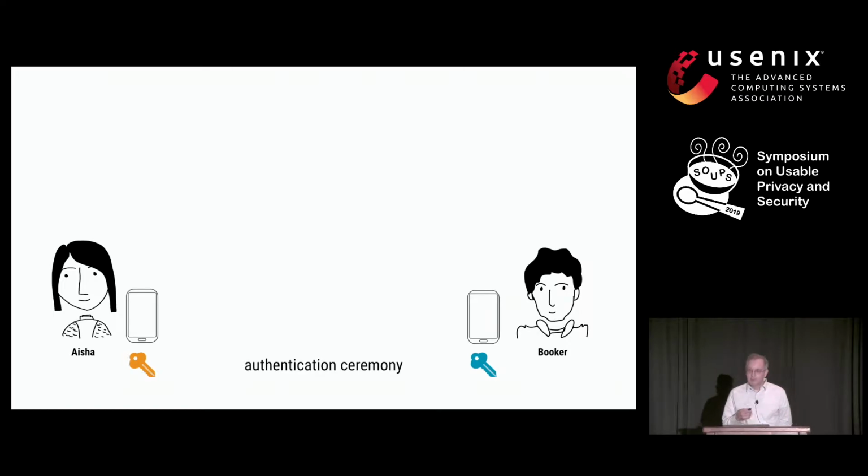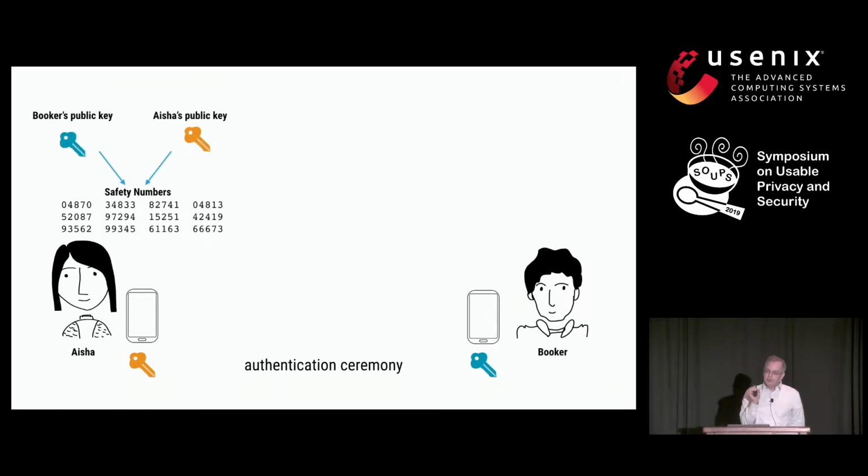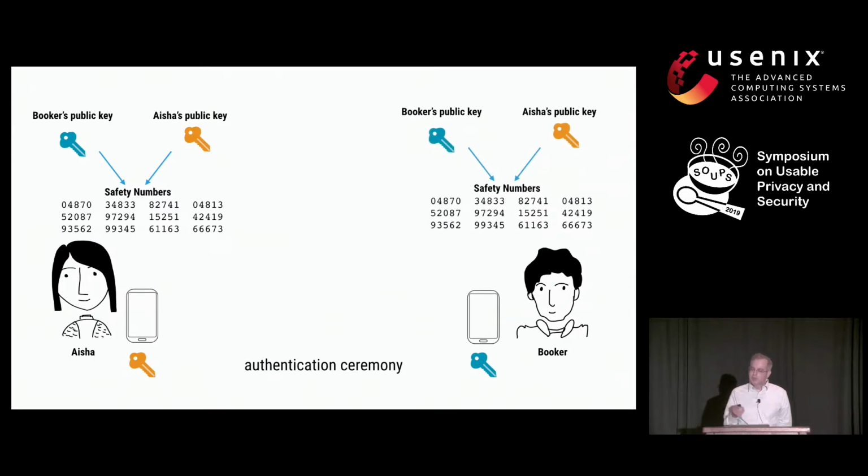Inside of Signal, there's something called the Authentication Ceremony. They should be able to take their two public keys and combine them. There's an algorithm Signal uses to take parts of their public keys and derive what Signal calls safety numbers, which are key fingerprints. And Booker is going to be able to do the same thing independently of Aisha. And so they need to somehow get together and compare these key fingerprints, the safety numbers, and make sure that they match. They have to do that by scanning a QR code if they happen to be in the same place,